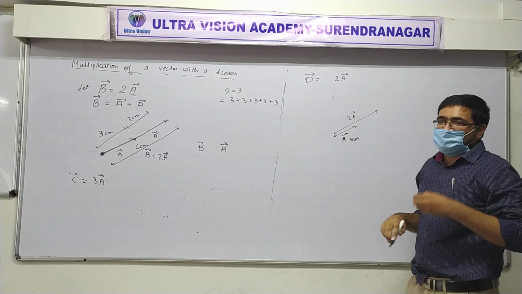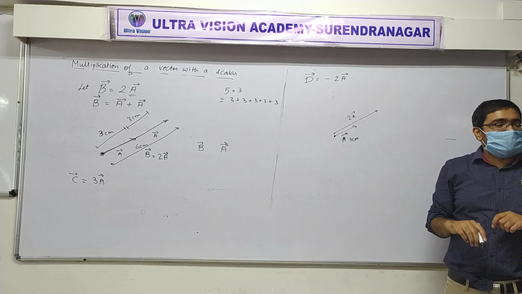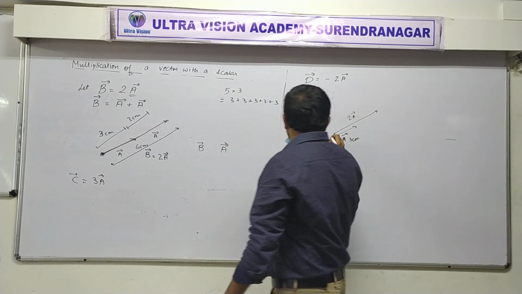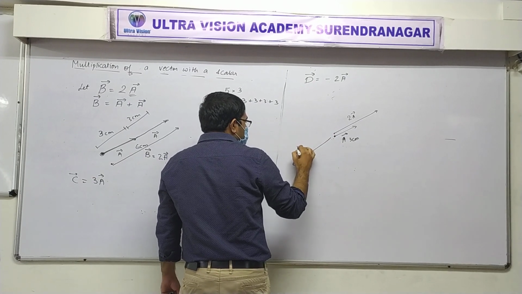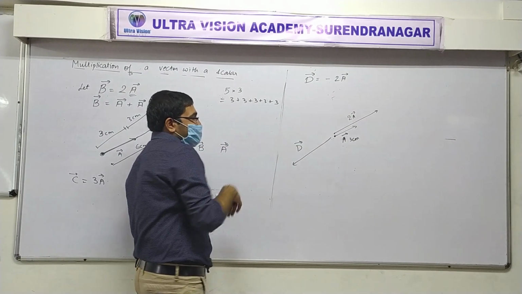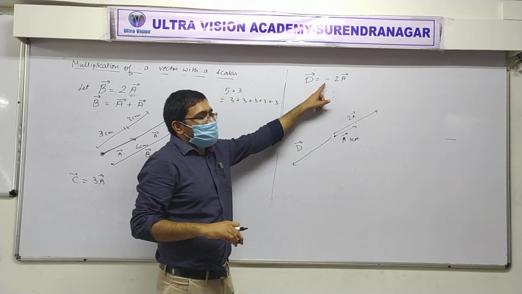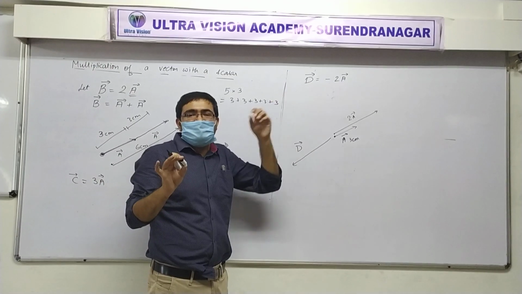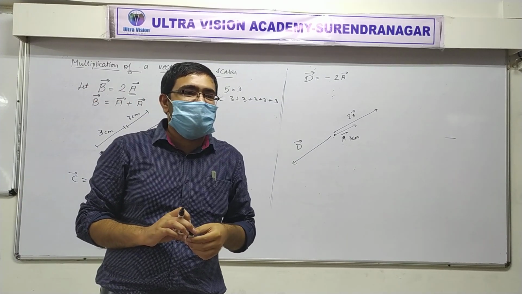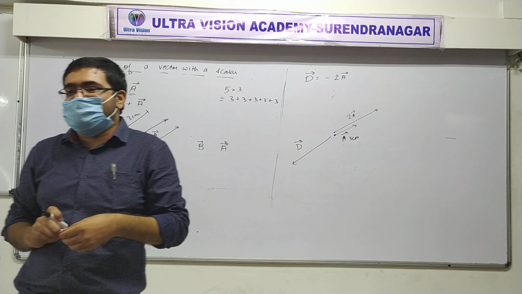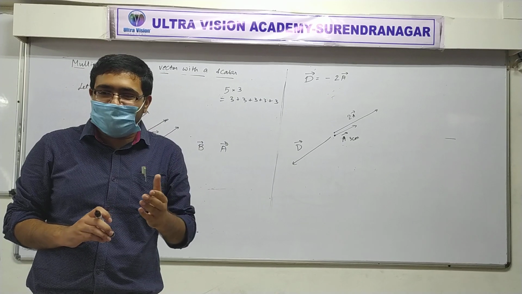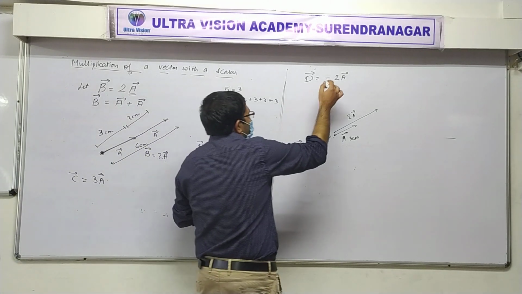Now if I put a minus sign here, what will happen? The direction should now be opposite. Correct or not? ઊંધું draw કરો. So this is D vector. Did you understand? Why is D vector in opposite direction? What was the meaning of minus A vector? પાછળ notes માં જોઈ લો. It's a vector that is in opposite direction to A vector. Correct or not? So hopefully you understood that.